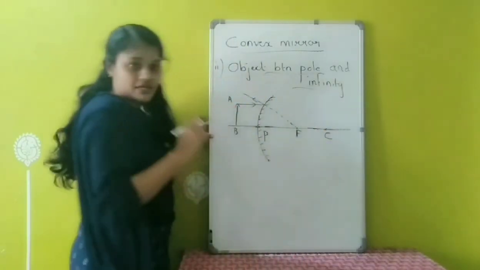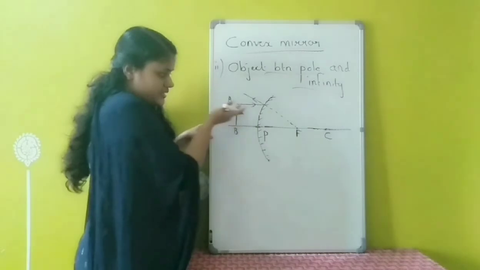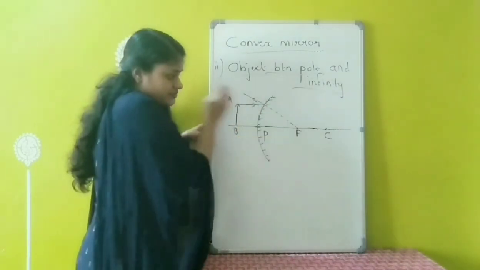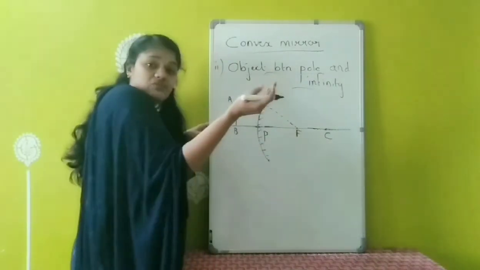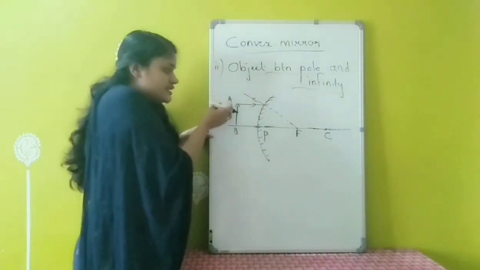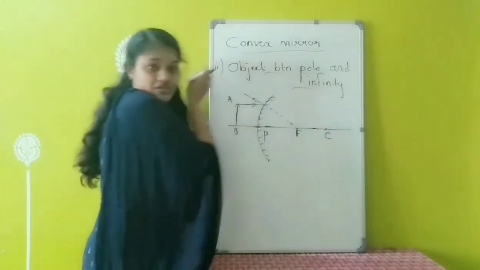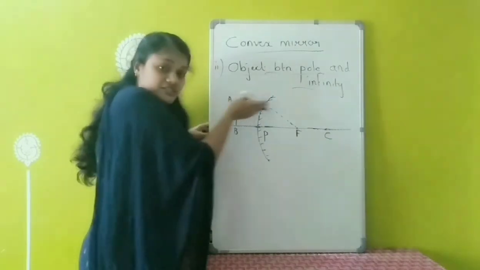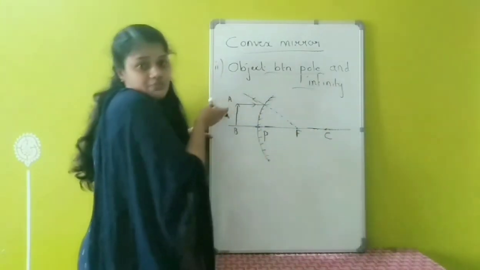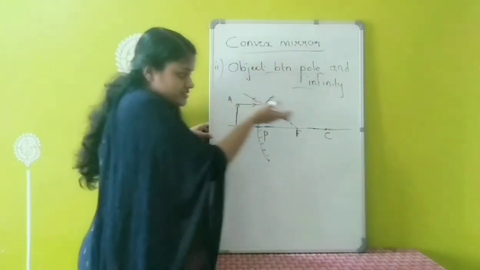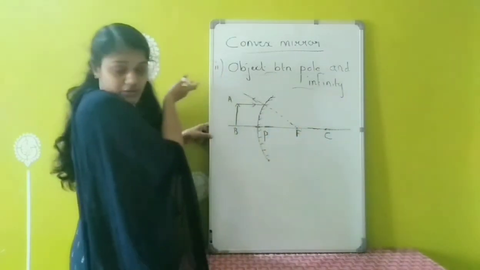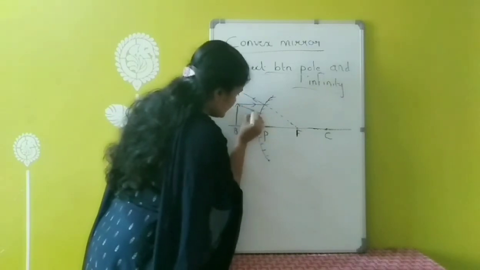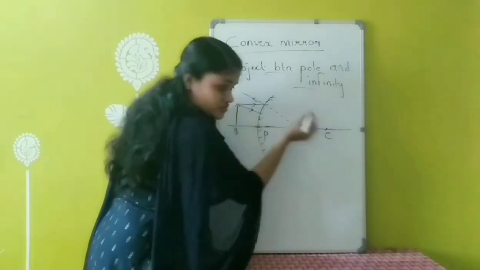Okay. So this is the focus, and I am putting the center of curvature somewhere at this point. Twice the distance we can mark the center of curvature. So first of all I have taken one light ray passing parallel to the principal axis. After reflection it is appearing to diverge from where? From the focus. Then second one I am taking the third rule, that is a light ray passing through the center of curvature. Or here in the case of convex mirror we can say a light ray which is directing towards the center of curvature retraces its path. So I am taking another light ray. This is one light ray. So this part we have to put only dotted lines.